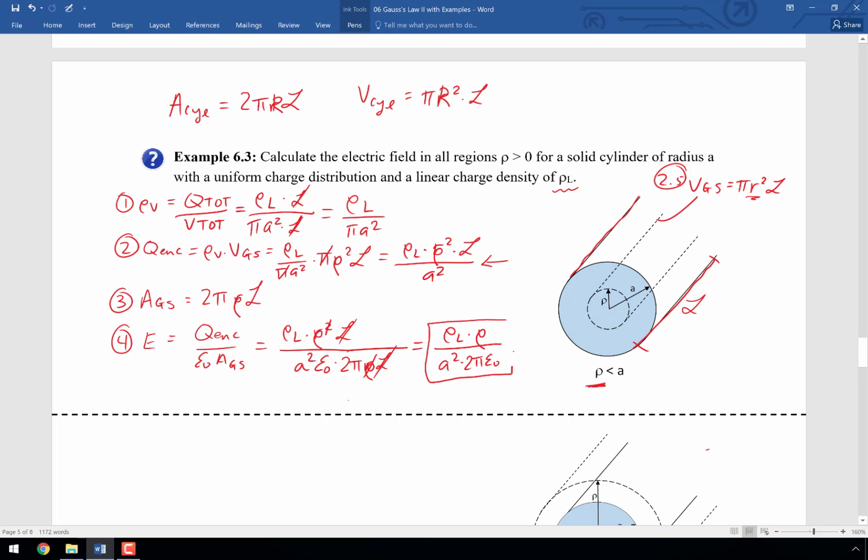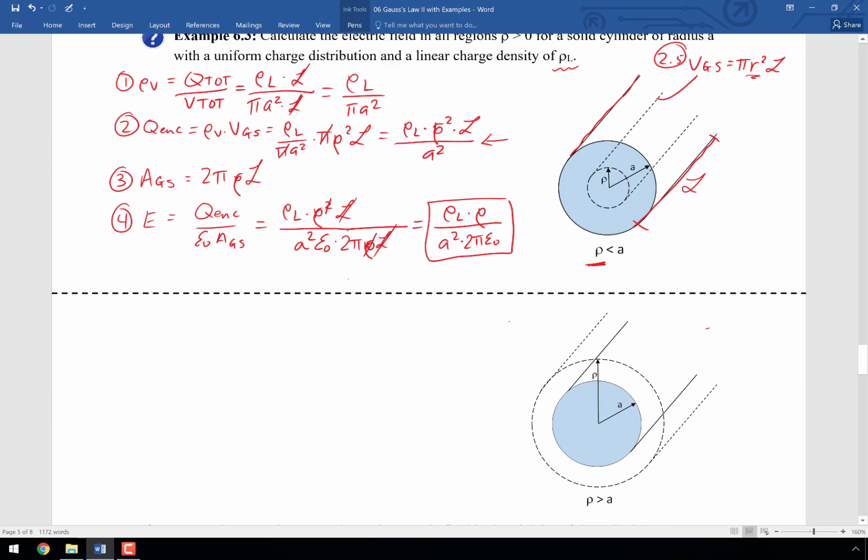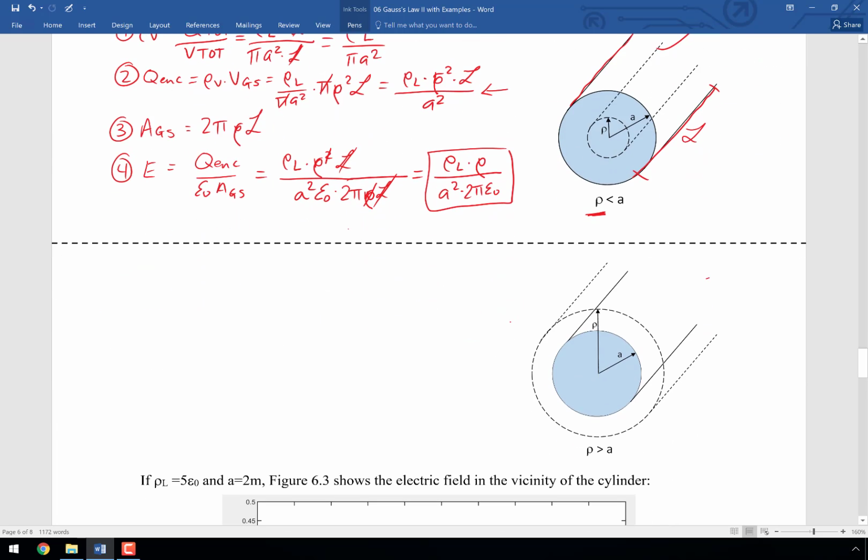And so that's my final answer for inside the cylinder. And then if I am outside the cylinder, things get quite a bit easier. The enclosed charge is just rho sub L times L. The area of the Gaussian surface is just 2 pi rho times L, and the electric field